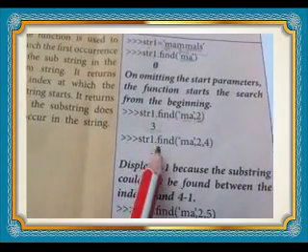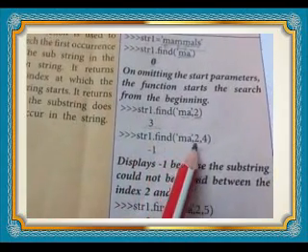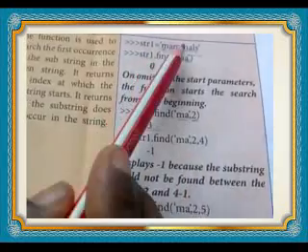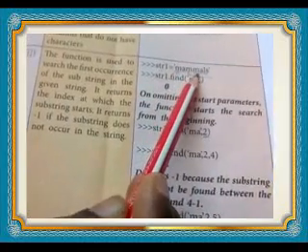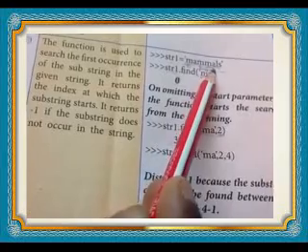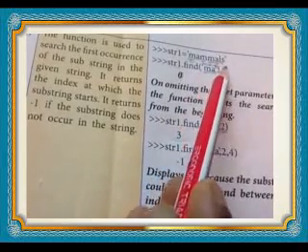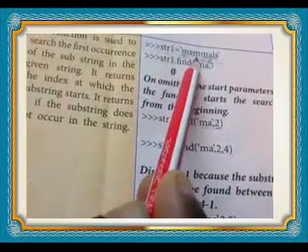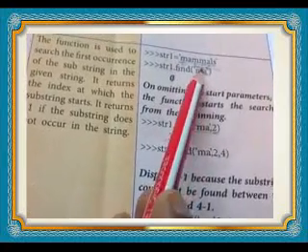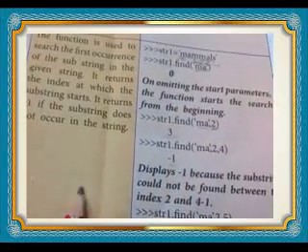Understand? Then next, str1 dot find ma, 2 comma 4. Where is 2? Here 2, 3, 4. Here 4 is the end, which means end minus 1, so 2, 3. In this range, is there any ma in between? No. So it returns -1. Did you get it?